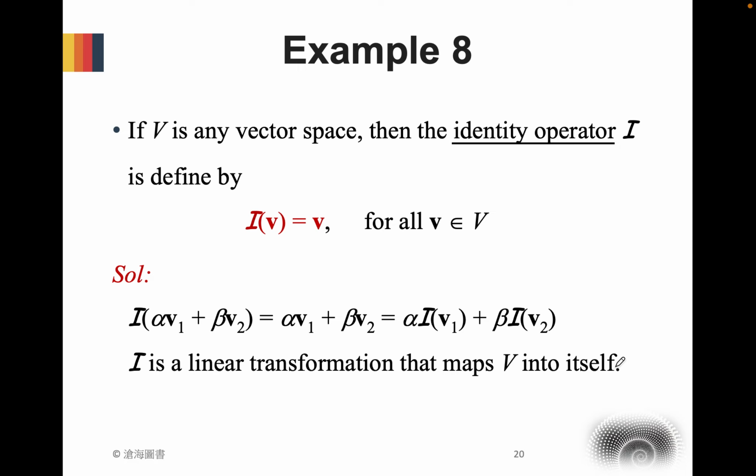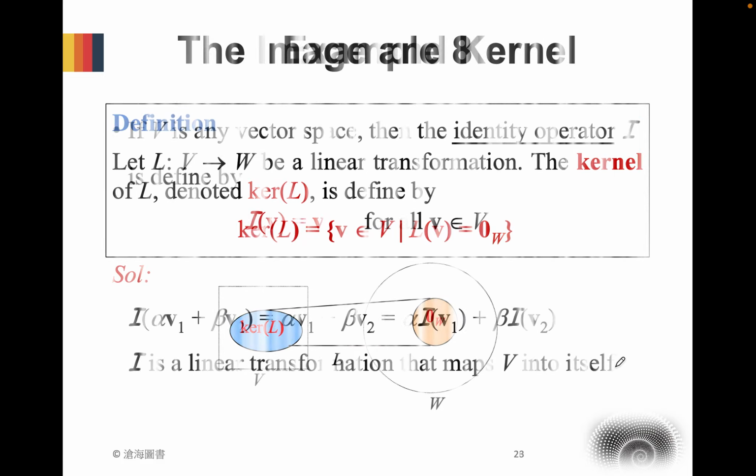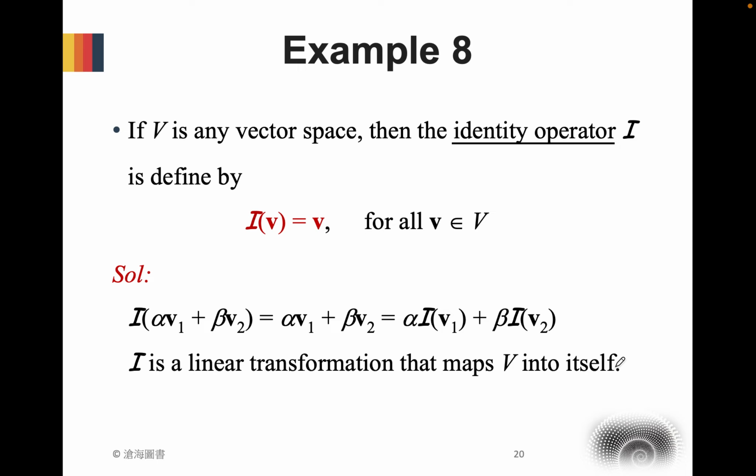The role of the identity operator is just like the multiplicative identity. 好，任何的数字乘以一就等于自己，那任何的向量，任何的元素，你去做 identity operator 就等于自己。